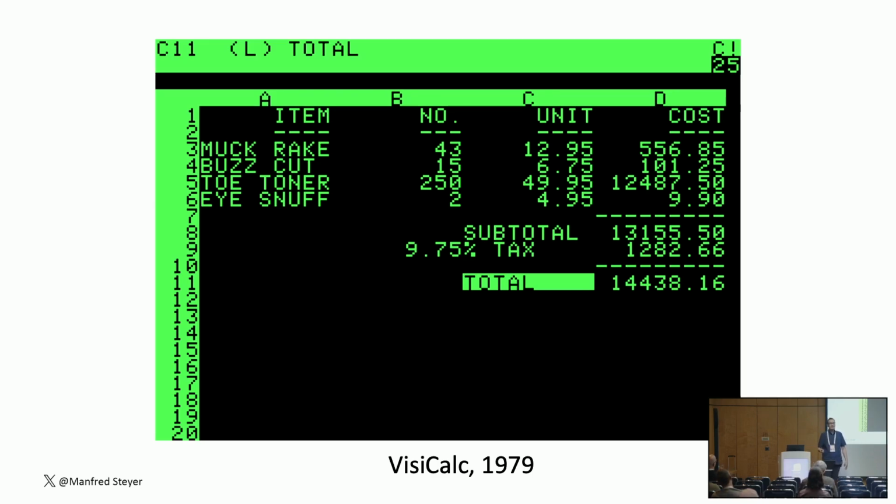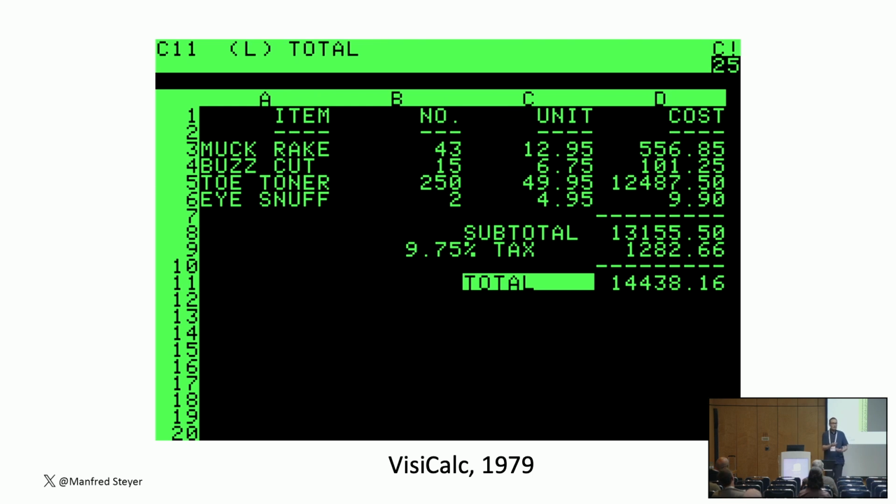Spreadsheets were not that well known. Before, people had some scripts calculating stuff. But suddenly you had a visual tool that allowed you to calculate things. And only by changing one cell, everything was recalculated automatically for you. This was a huge game changer for people in offices. It allowed you to do calculations, but also what-if scenarios. And the rumor was that people actually purchased the Apple II, not because of the Apple II, but because of VisiCalc.